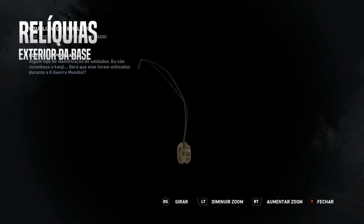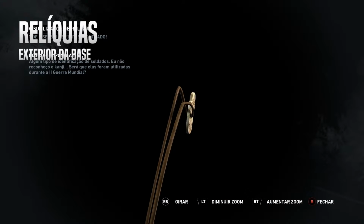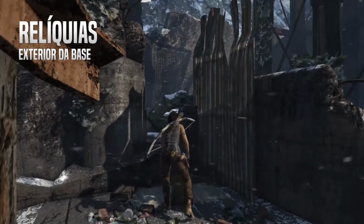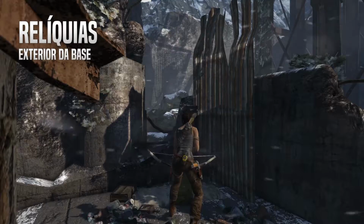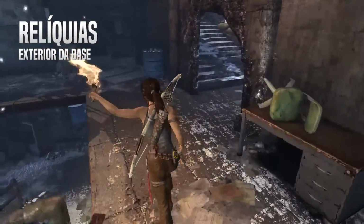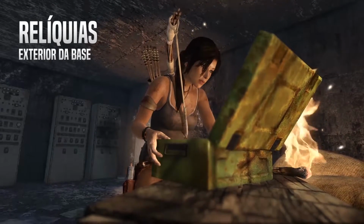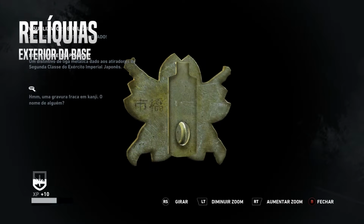Soldiers' identity tags. I don't recognize the kanji. Were these used during World War II? Alloy badge awarded to marksmen second class in the Imperial Japanese Army. I think...